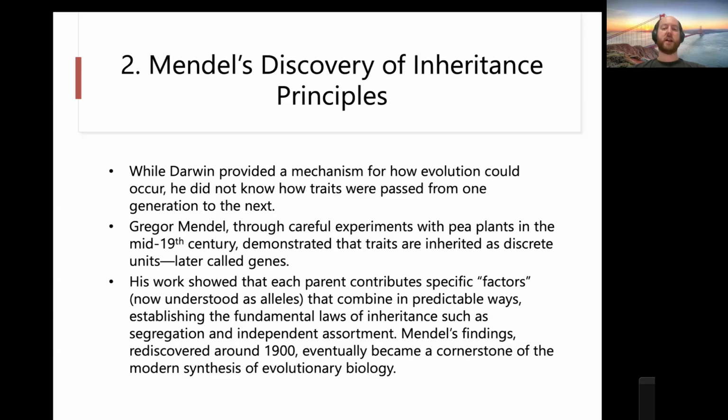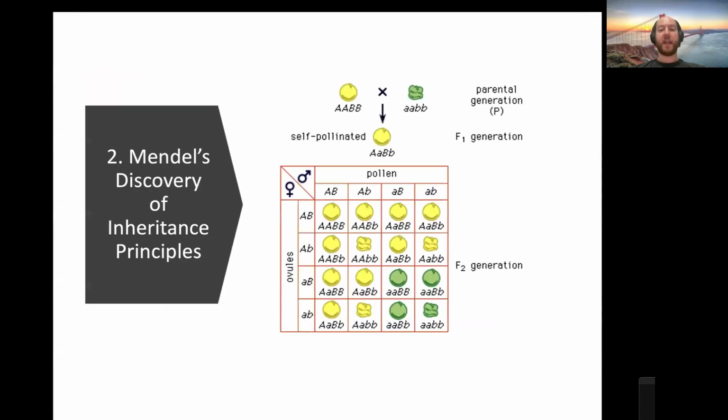It's just absolutely amazing how detailed these experiments were, and he essentially showed that things are inherited independently. For example, whether a pea is wrinkled or smooth, or yellow or green, these are independently inherited in the diagrammatic pattern that you can see here. And so what's clear is that there's this thing which we would now know as a gene, and that these genes are segregated independently and have a certain distribution in the offspring.